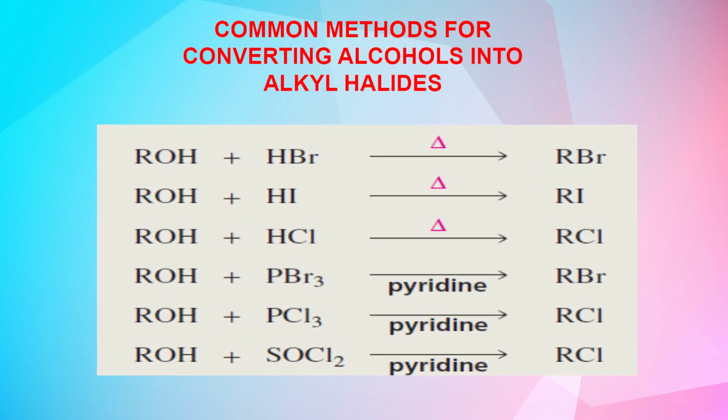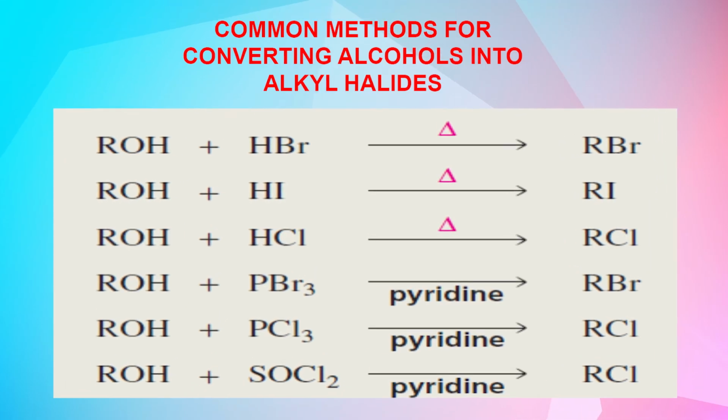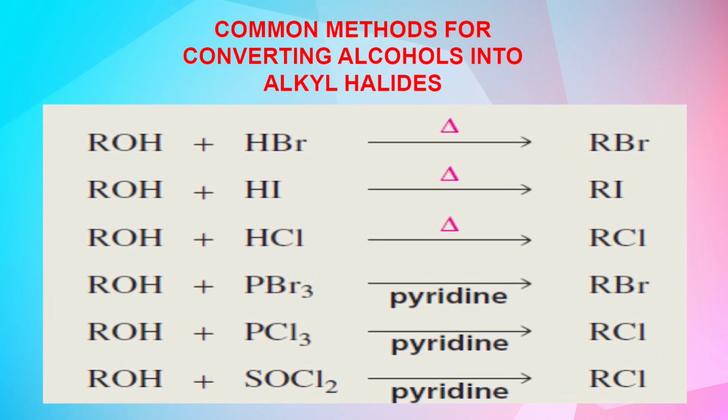So these are the common methods by which we can convert alcohols into alkyl halides. That is, alcohols on reaction with HBr will give us bromoalkanes, whereas with HI we will get iodoalkanes, with HCl we will get chloroalkanes,